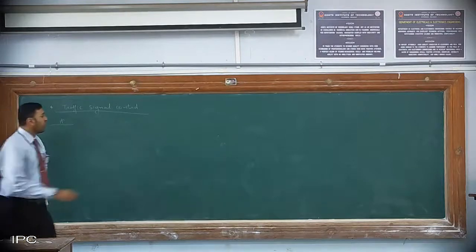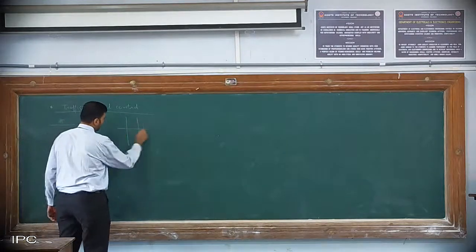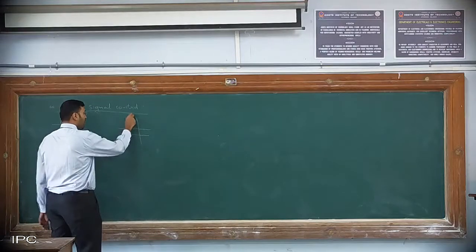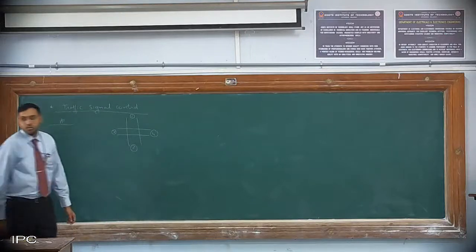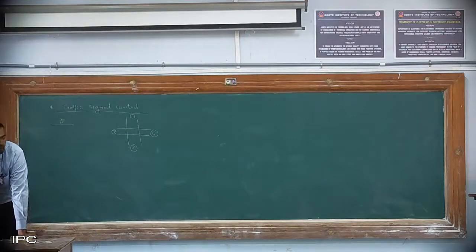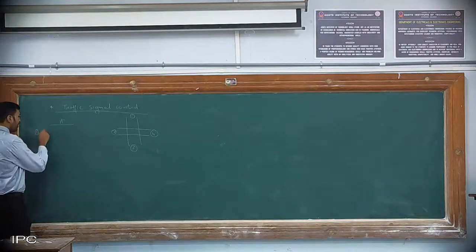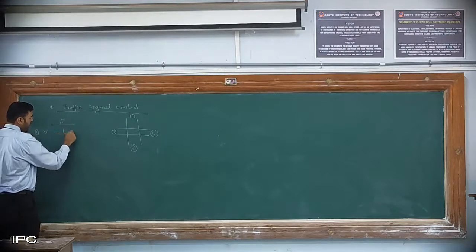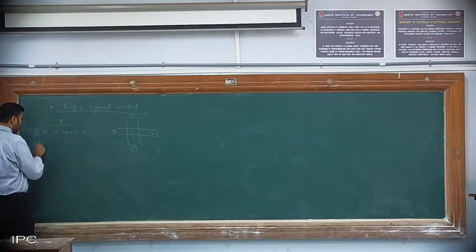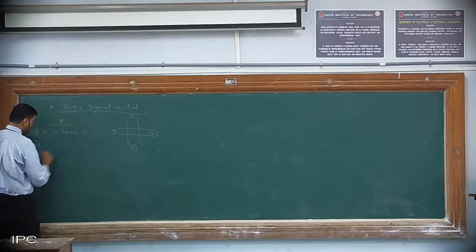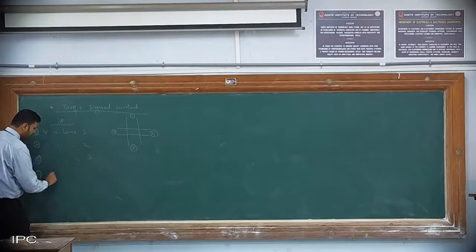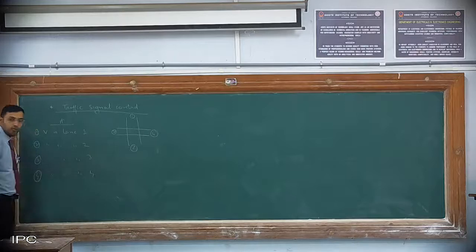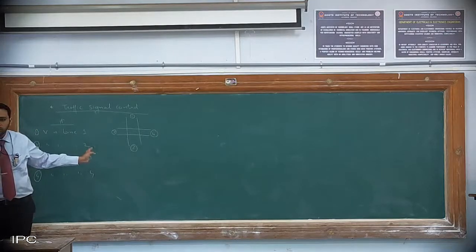Let us consider a 4-lane. 1, 2, 3, and this is a 4-lane. So how many inputs are there? 4 inputs should be there. So first input is what? Vehicles in lane 1. Vehicles in lane 2. Third input, vehicles in lane 3. Fourth, vehicles in lane 4. Is it clear, everybody? What are the inputs?